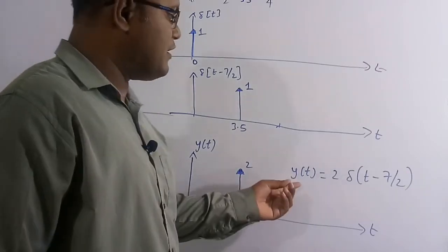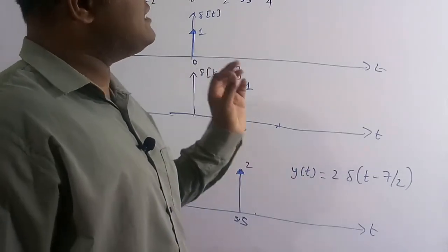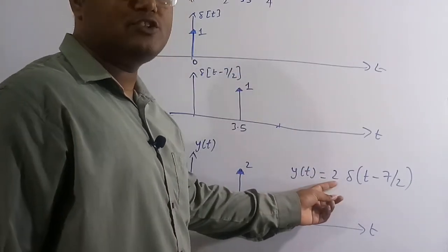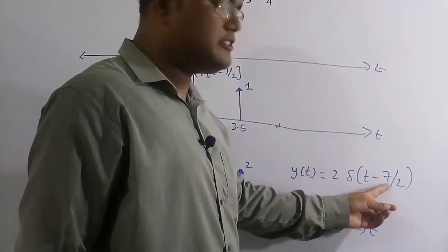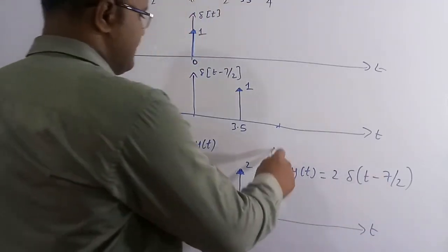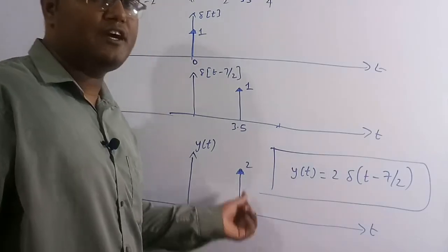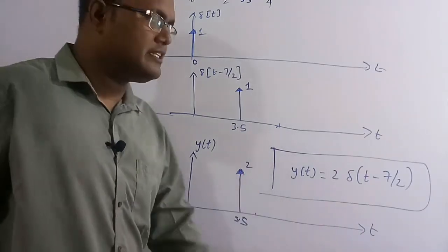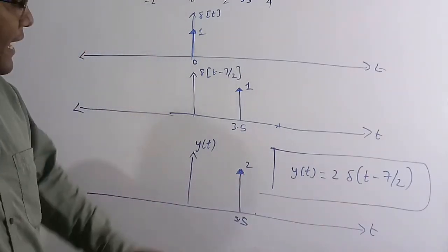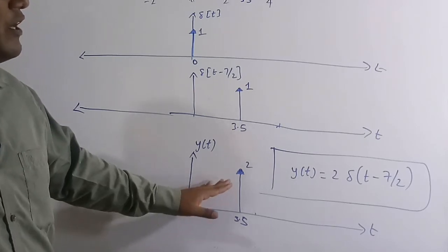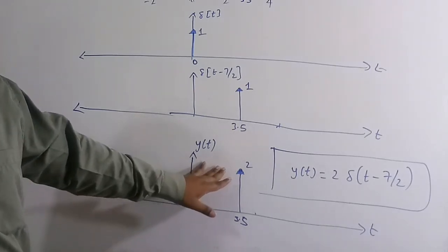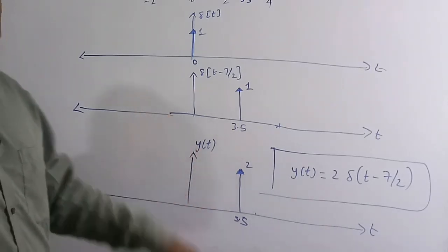So we can conclude that y of t is equal to, at t equal to 7 by 2, the x of t value which is 2, into delta of t minus 7 by 2, and this is y of t. So at the instant t equal to 7 by 2 only it is going to have an area of 2, and at all other instants its value is 0, and this is the diagram of the function y of t equal to x of t into delta of t minus 7 by 2, which is 3.5. By this lecture, we have successfully completed the 10 questions, which are the previous year UPSC main